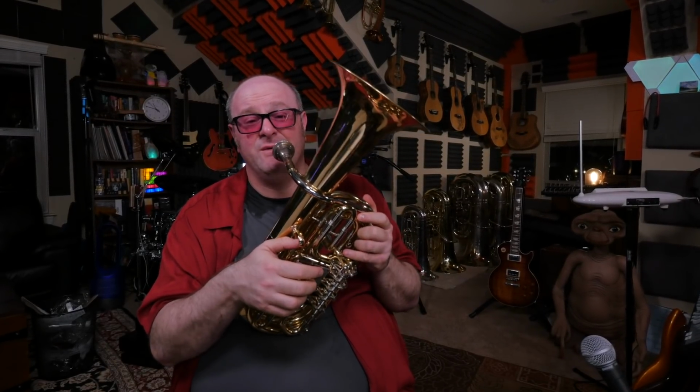I'll just play a C scale. See how stuffy the C is? You know how those F tubas, those rotary F tubas can be very stuffy in the low register? This one is the stuffiest I've ever played. Like here's the C. If you really focus in on the note, you can kind of pop it, but this kind of has to be loud and